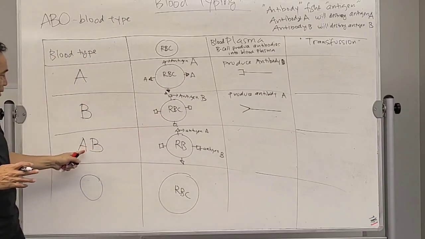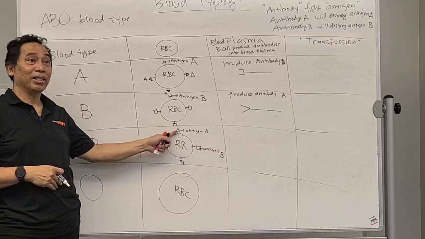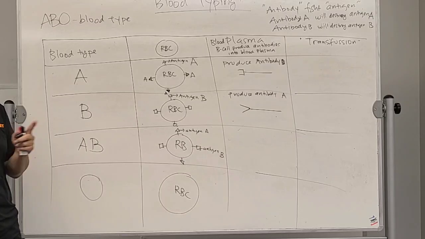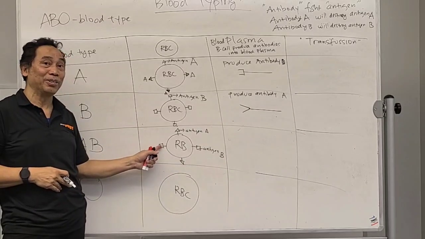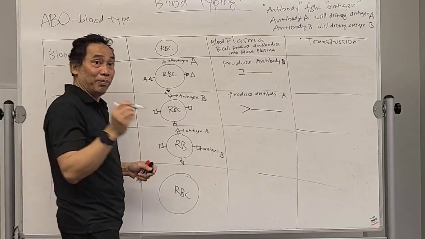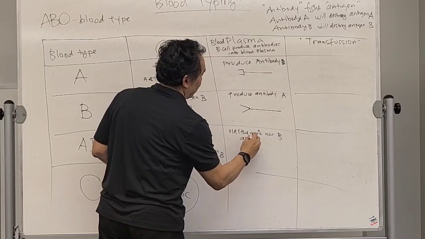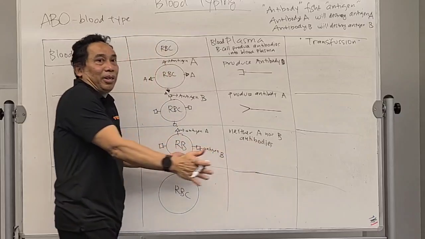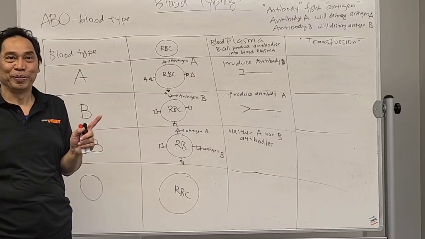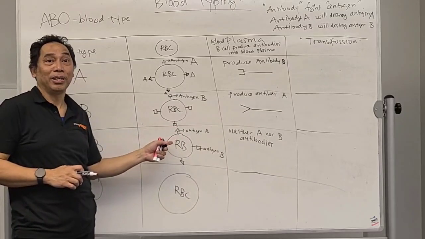Now, if you are AB, this is the question. Will you produce antibody A? No, because it will destroy your blood by destroying this antigen A. Will you produce antibody B? Yes or no? No, because if you produce antibody B, it will destroy this one. It's actually killing you. It means you will produce neither A nor B antibodies. There are no antibodies for blood in your plasma. Are you with me? So there are no special antibodies for destroying the red blood cell, because your red blood cell carries both